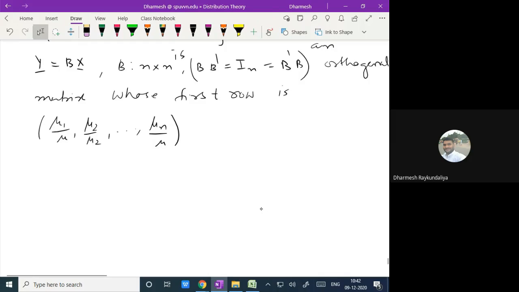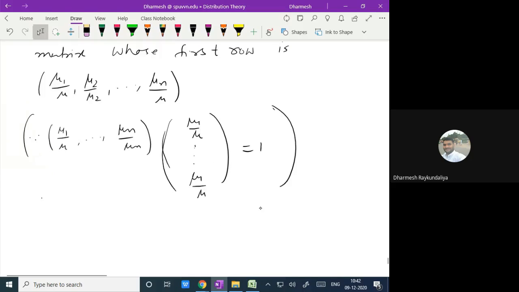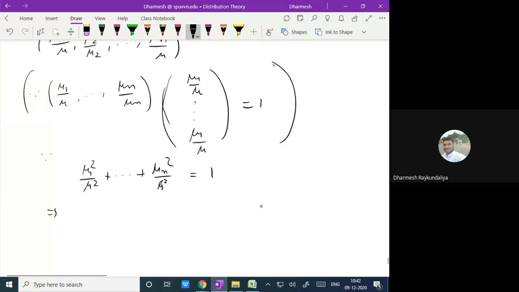So this row, mu1 upon mu up to mu n upon mu, multiplied by itself as a row gives 1, because of the property of an orthogonal matrix. So it is mu1 square upon mu square plus up to mu n square upon mu square, which is 1. So we can write summation mu i square, i running from 1 to n,